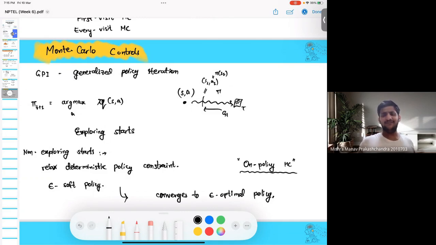But even for an MDP, we so far have been looking at a deterministic policy, right? So it turns out, if I still want to remain in the deterministic policy zone, as in I don't want to have a stochastic policy, I still want to keep a deterministic policy, then I need to behave according to some different policy and evaluate some different policy. If I can somehow decouple the behavioral part and the prediction or the estimation part, that makes my life good. And that decoupling